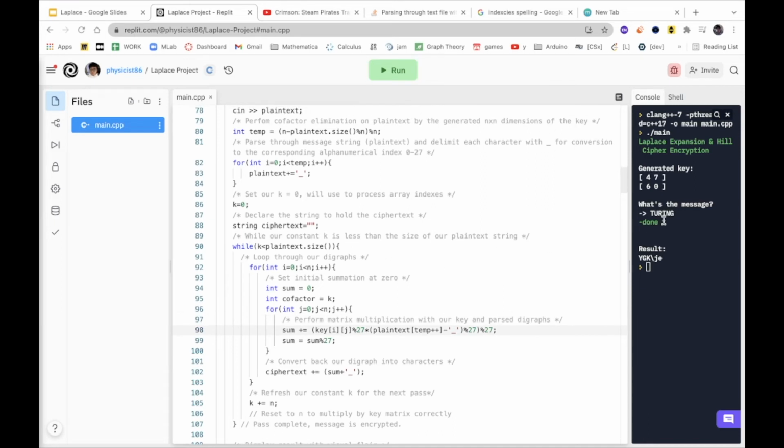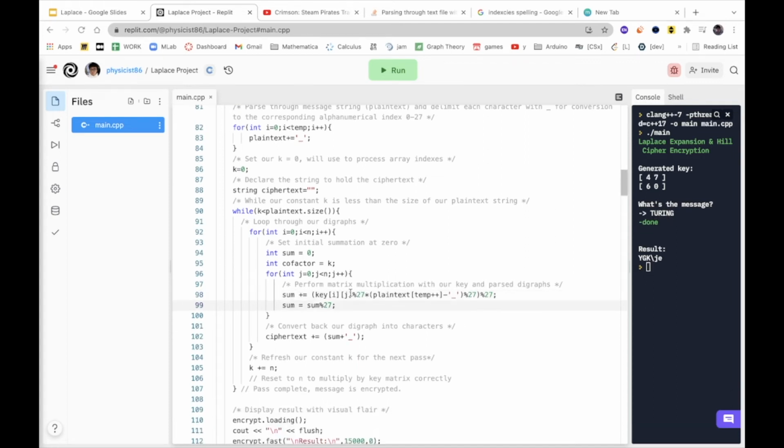The string Turing has been separated into the digraphs tu, ri, and ng. Then I apply matrix multiplication, which you saw earlier in the mathematical preface, where I multiply each element in the key by the plaintext vector,